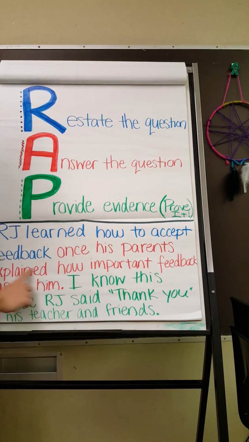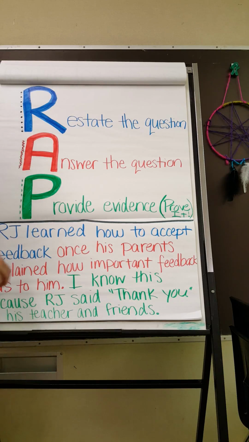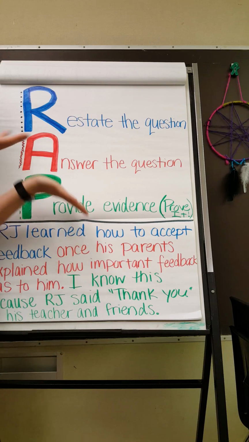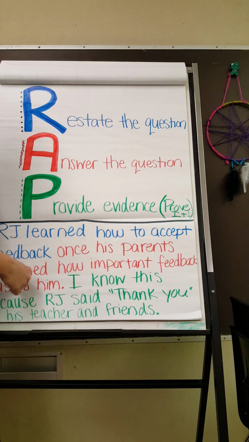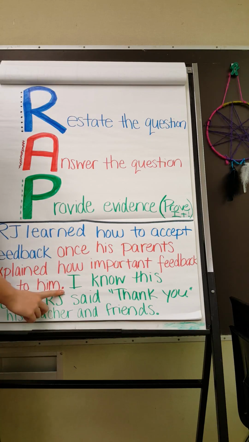Then I keep going on the same sentence. I'm going to answer it. So he learned to accept feedback once his parents explained how important feedback was to him. So now I answered my question. I said that his parents told him that feedback is important to give and receive, that positive and constructive feedback. But I can't stop there. Remember, I have to convince the reader, I have to convince my audience that my answer is correct. So I'm going to provide evidence. And I start it with, I know this because. You could also start it with,